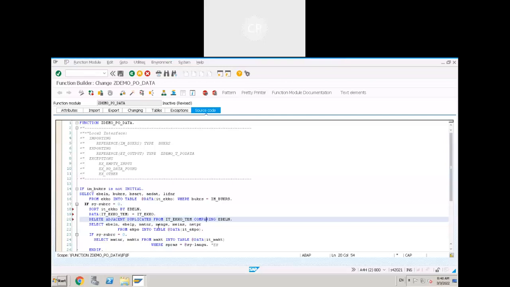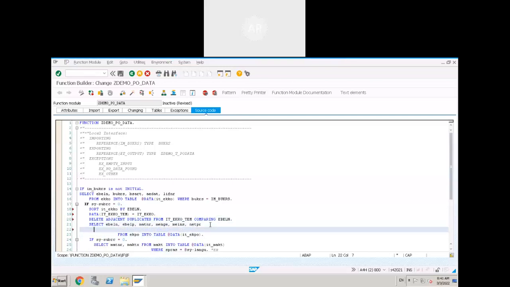Delete records from the temporary internal table, not from the original internal table. Also use this temporary internal table in the for all entries statement. For all entries in the temporary table,